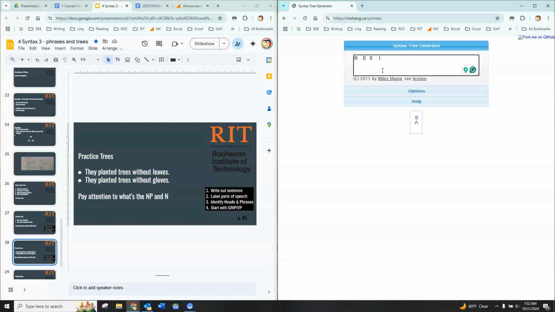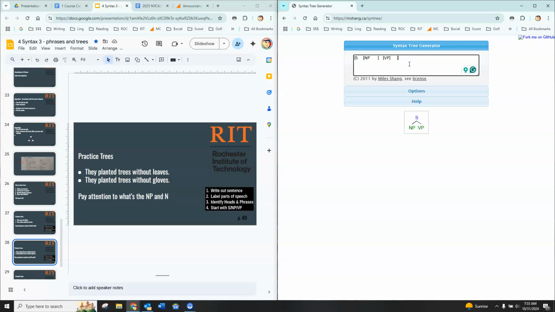So you can have more than just one branch, but if you look down here, we can see that we've created two branches by doing that. This one is always going to be the NP, mostly always VP, and that creates our basic structure. And then inside the NP, you want to do the same sort of structure. However, in this NP, we just have they. So I'm going to do the first one. They planted trees